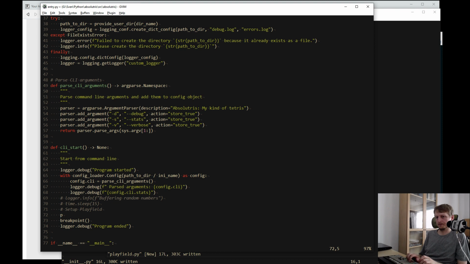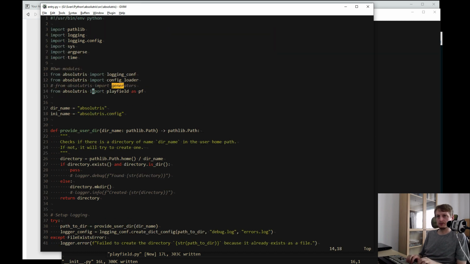And say playfield equals... or even better, we can go from absolutris import playfield, right?